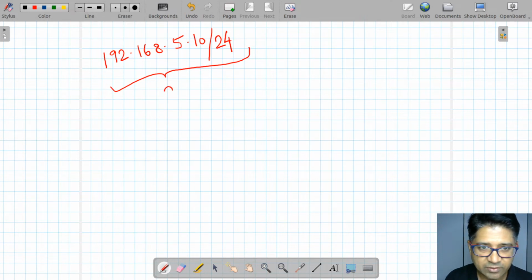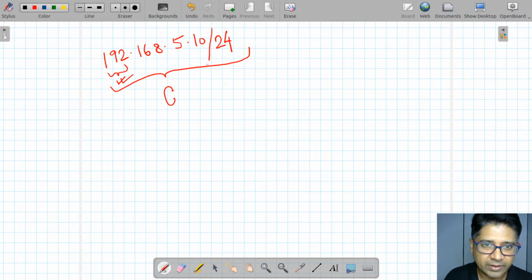Class C. This belongs to class C, so by looking at the first octet range, you can say that, right? This is class C. What do you mean by